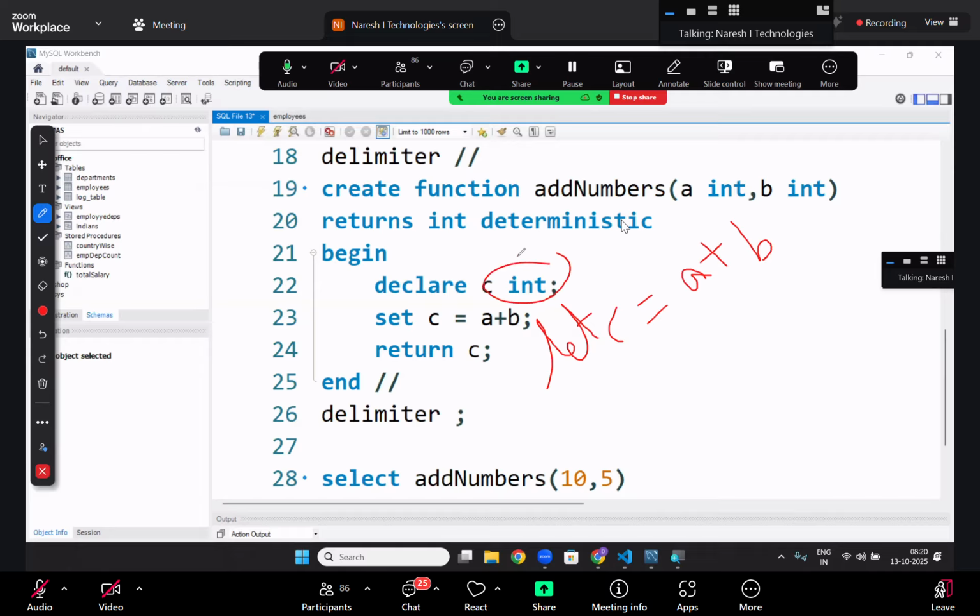Because you need to write the data type also here. Declaration is separate and assigning is separate. This is a static programming one. Like here, you need to write the data types also. So I can't directly declare and set at a time. Set is for assigning, declare